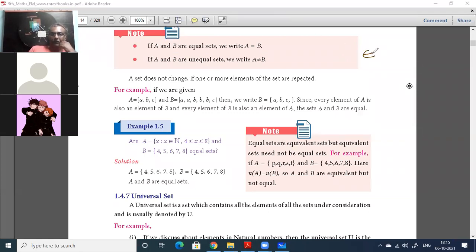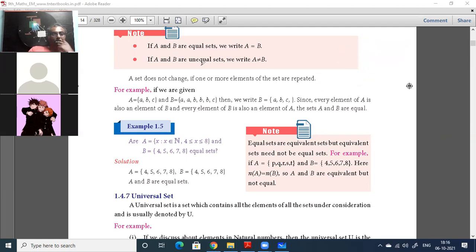This is only belongs to, this is only does not belong to. This is equal to, this is not equal to. Don't confuse. Only an element: N is an element of set A, N belongs to A. That is a different thing from saying set A is equal to set B. This is comparing at the set level. That is comparing at the element level inside the set. Belongs to is different from equal to.